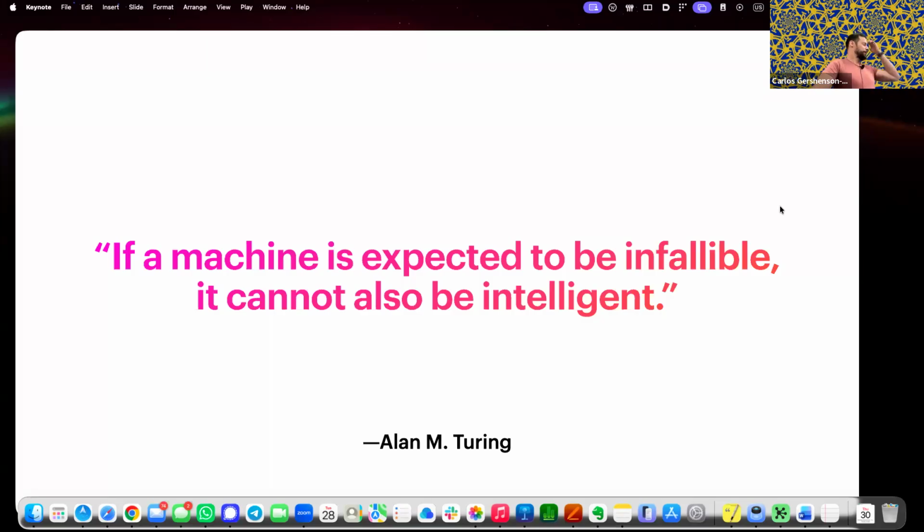But anyway, going back to Turing, in 48, in a lecture, he mentioned that if a machine is expected to be infallible, it can also be intelligent, meaning that usually we learn from mistakes. And if we want machines to be perfect, then they wouldn't be able to learn. So that's a limitation